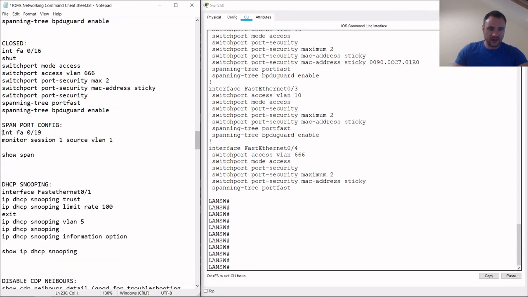Next one, quickly, we're going to talk about span ports. A span port is switch port analyzed network, I think. I've got a diagram of it which I can show post the switch config. It's basically if you have a